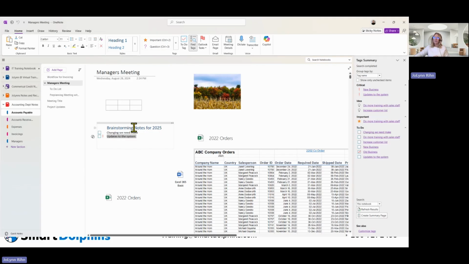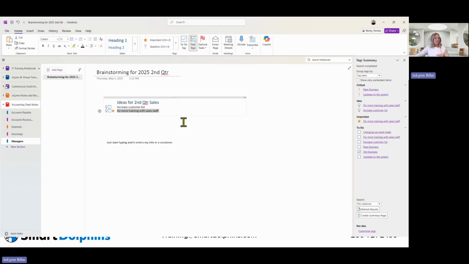So it automatically took me to this brainstorming notes for 2025, which, as you can see, has an image, it has a table, it has an insert of an Excel spreadsheet, it has all kinds of details on this specific page. So as you can see, it's pretty easy to locate tagged items. But if I want to go to the important, I have something that's tagged as important. I want to make sure that we get more details and we take care of that. I'm going to click on the link to go to the item that was tagged as important. It's going to jump me back to this page for brainstorming for 2025 second quarter, directly to the line that